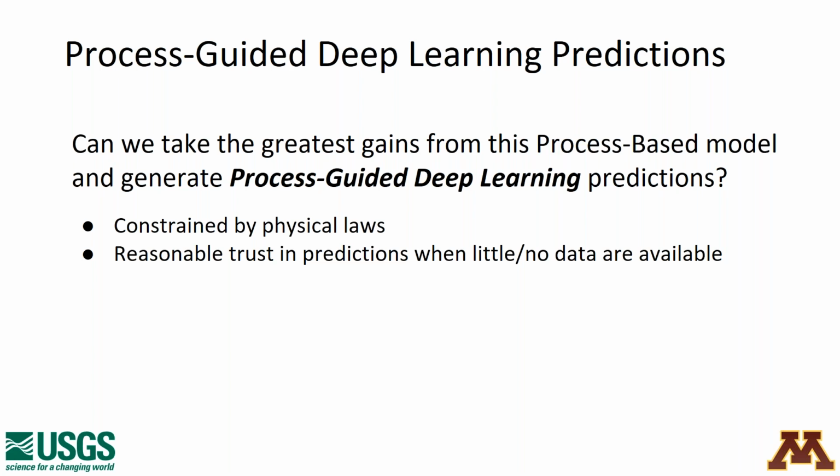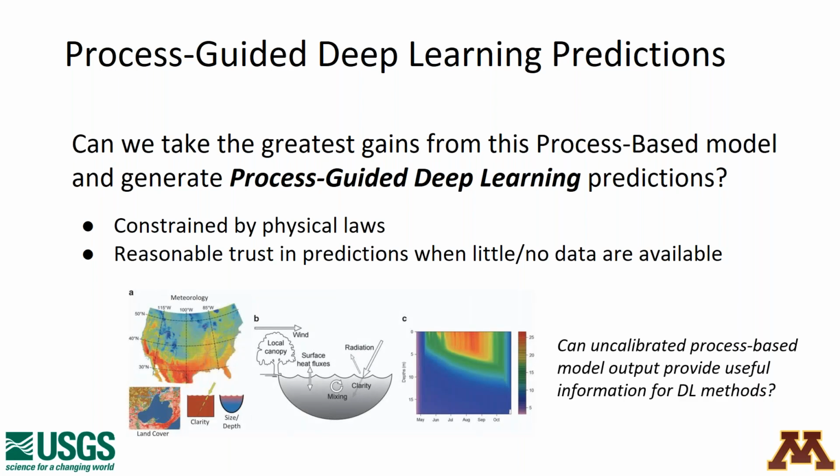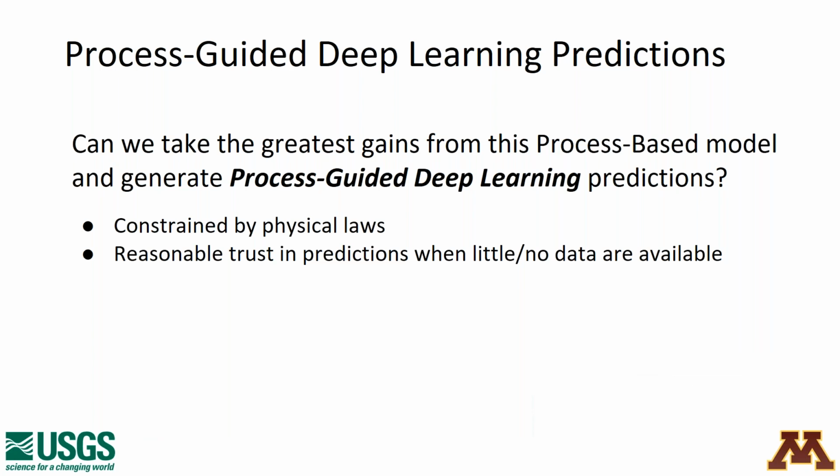The next element we want from this integrated, this hybrid model is reasonable trust in the predictions we have when we don't have very much data. So this is that situation where most lakes or most rivers, lakes, and streams have sparse or no information for water temperature. So then the question comes in merging these approaches: can an uncalibrated process-based model output provide something useful for deep